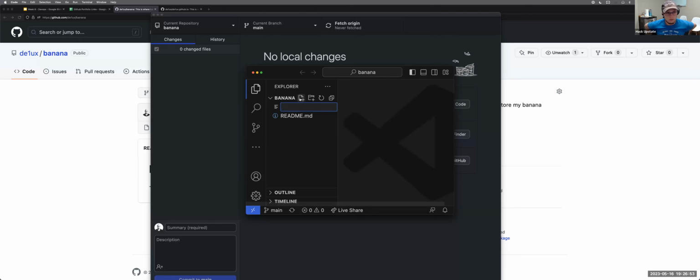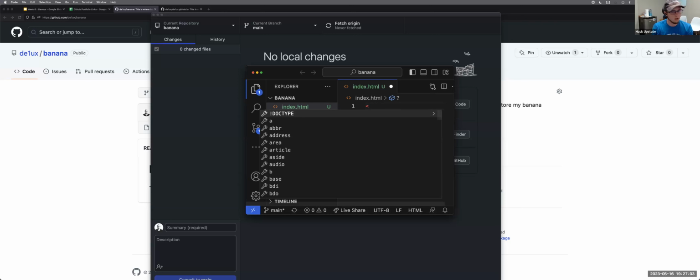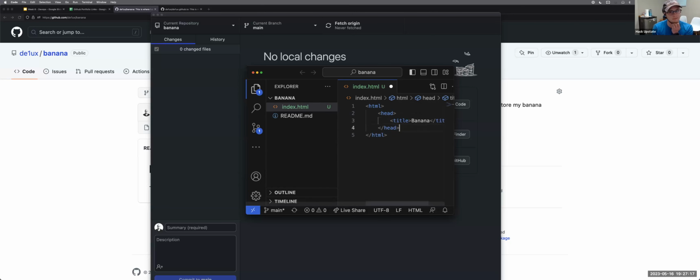I want to create a website for my banana repo. That's index.html. Exactly. Starting to become muscle memory. It's always the jumping off point for your website. I know that this isn't valid syntactic HTML, so just bear with me because I'm not an HTML expert here, but I do know that there's a head section. I know that we can have a title, it's going to be banana, and then in the body, I'm just going to have